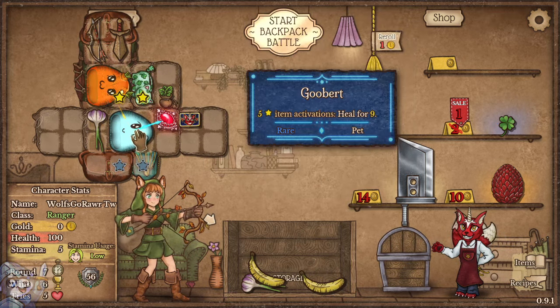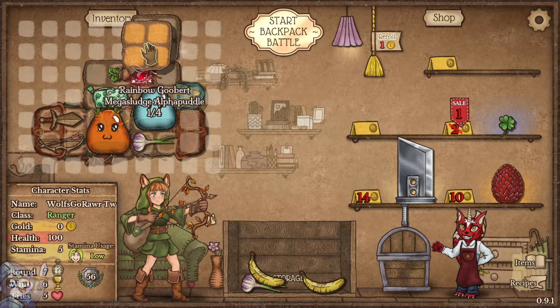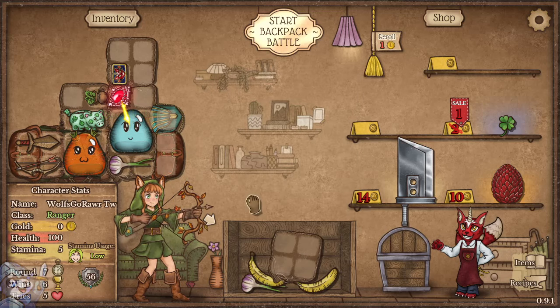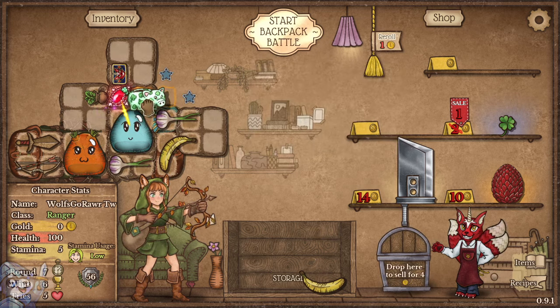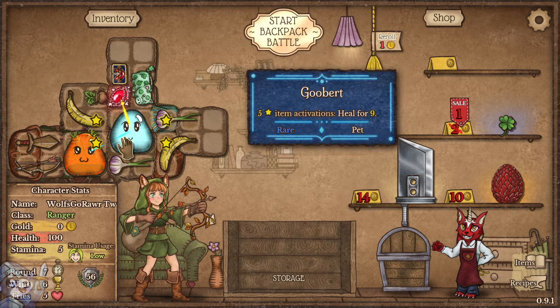Not quite. Not quite. I might have to rotate this. Just do a quick and dirty rotate. There you go. Because then I can put this to the side, and then I can put a banana here. Garlic over there. And then we move the banana over there. Look at that. Great. So now when the carrot Goobert triggers, it also triggers the regular Goobert, which will